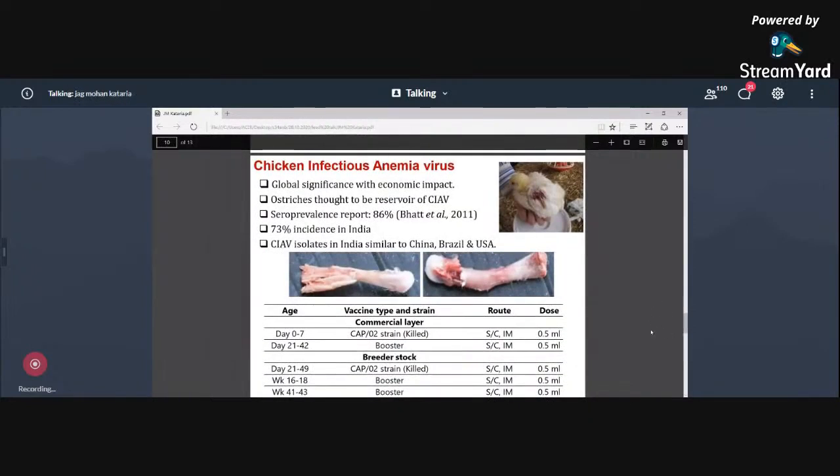Because we have another session. Now, this is another disease which has been introduced recently, you can say in the last 10, 12 years, chicken infectious anemia virus. As the name indicates, infectious anemia means it affects the blood forming mother cells, the hemocytoblasts. It causes degeneration of the cells in the bone marrow, in the liver. You can see this picture, this bone marrow, this long bone is completely pale. And this virus has